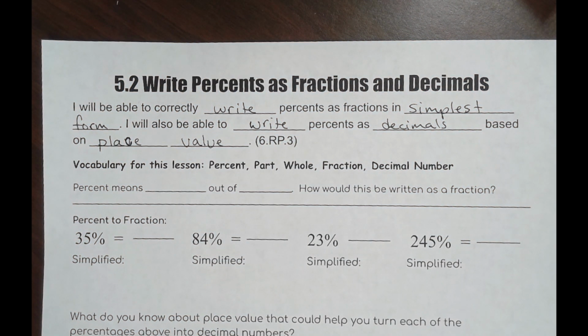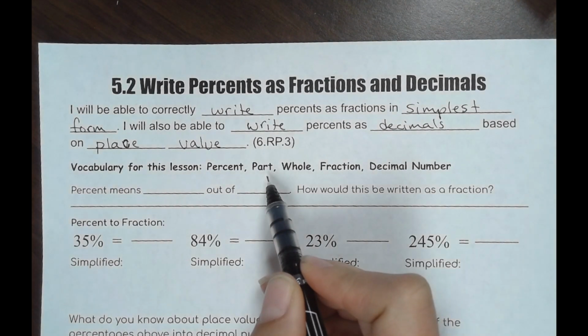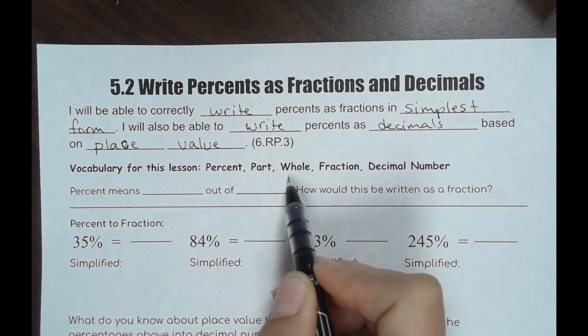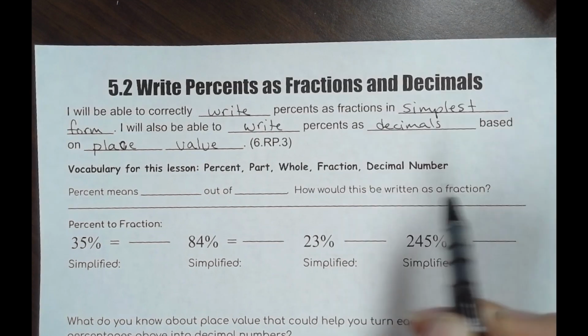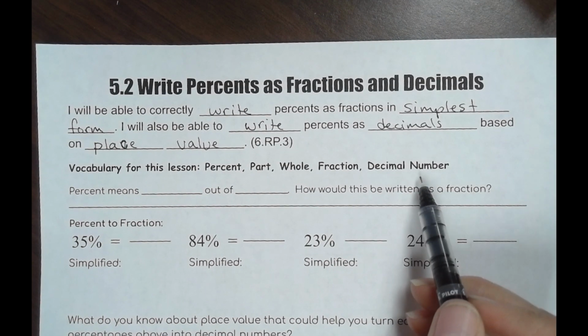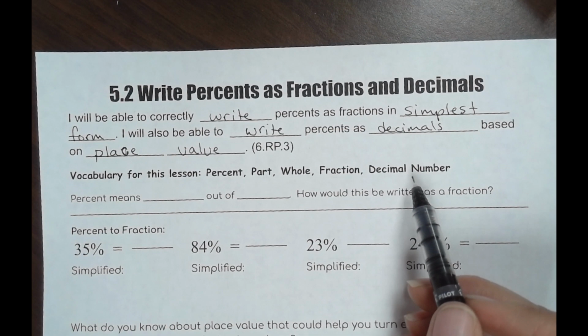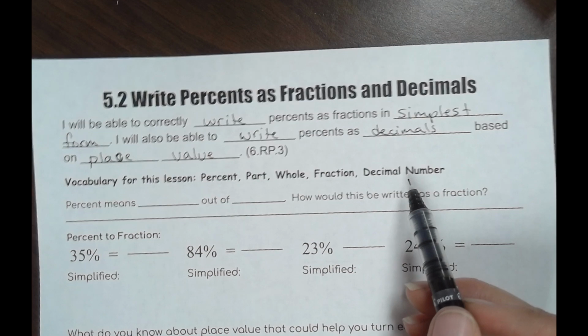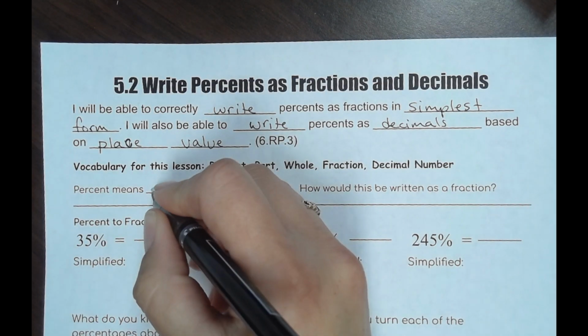Vocabulary for this lesson: we have percent, which is part out of 100. Part means some of. Whole is a complete unit. Fraction, we know, is part out of a whole. And decimal, we know, is a number that is written in decimal form, has a decimal point, and anything before the decimal is whole numbers, and anything after the decimal are parts. So percent means parts